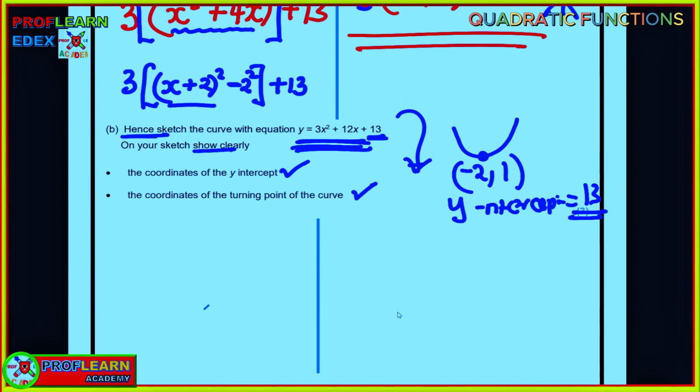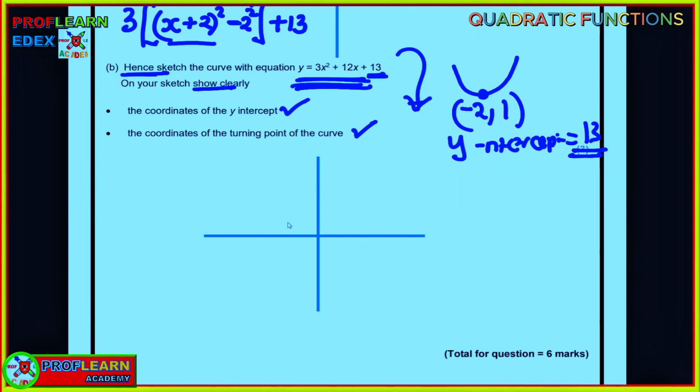So let's carefully try to sketch that point. Now, trying to sketch this point, let me just locate where the turning point is. This is negative 2, and let's say 1 is somewhere here. And then we can say 13 is somewhere there. Yeah. So if we are saying that the turning point is at negative 2, 1, if the turning point is